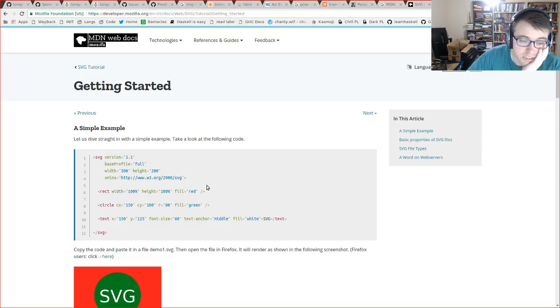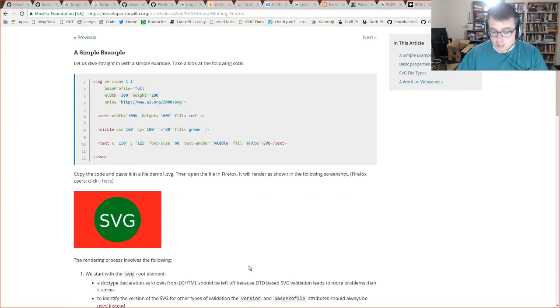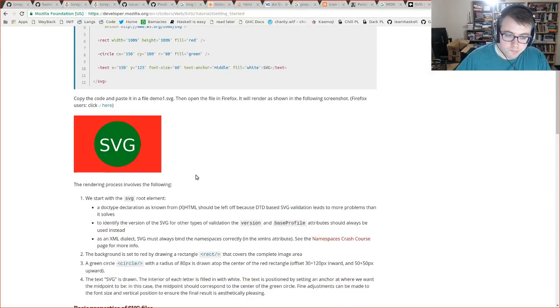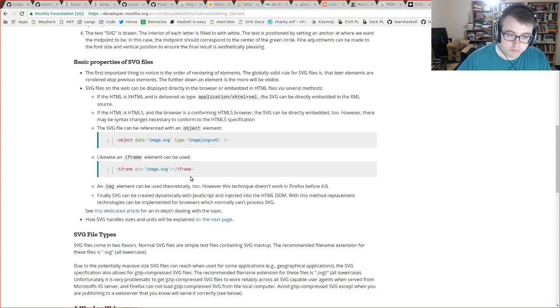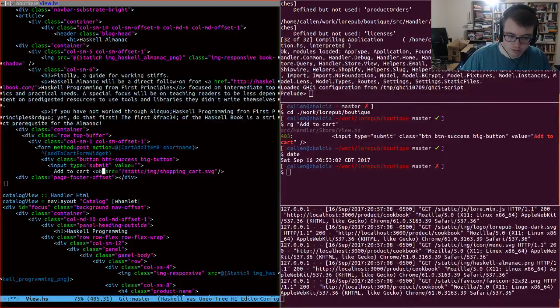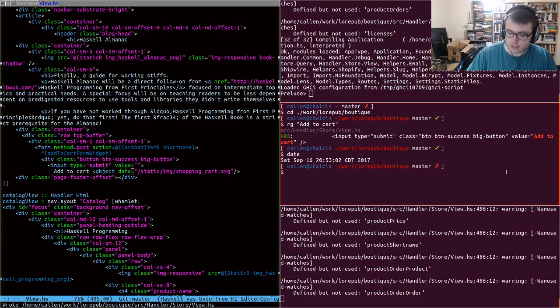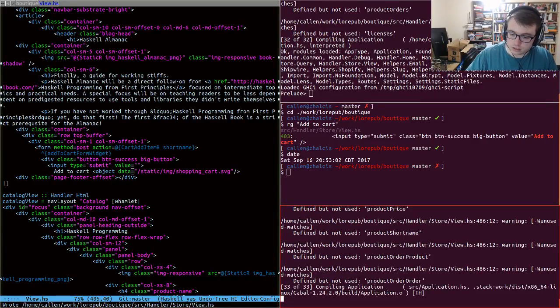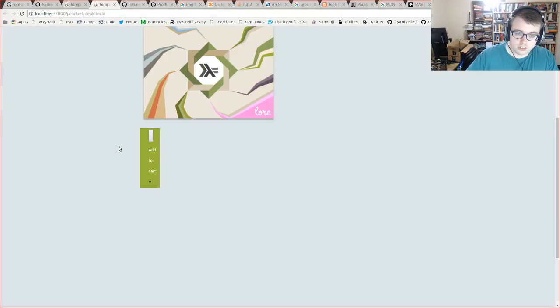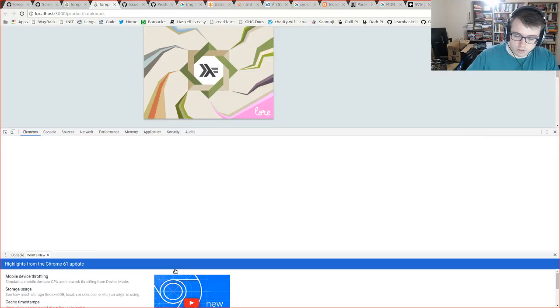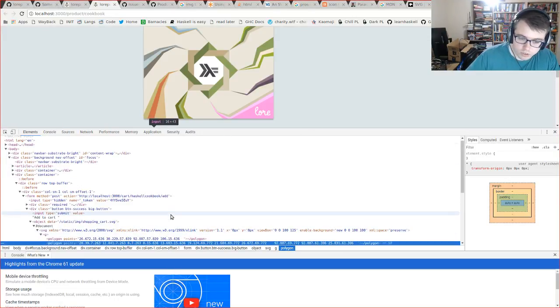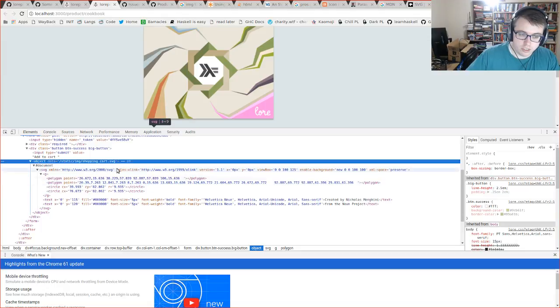Oh. Is the SVG tag inline only? Can I not source it? Oh. Object data. Okay, object data. There we go. Okay. Yeah, it worked. Okay, so I return to my original question, which is, why wouldn't I just do this